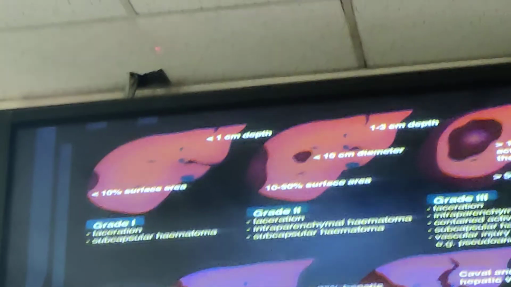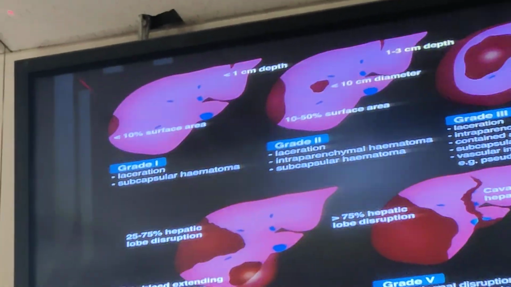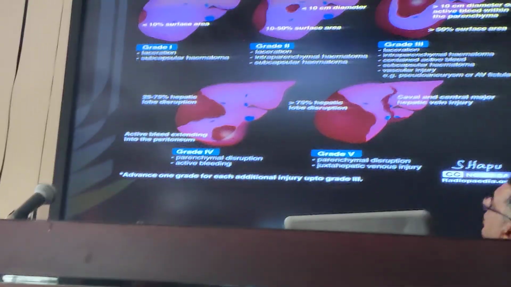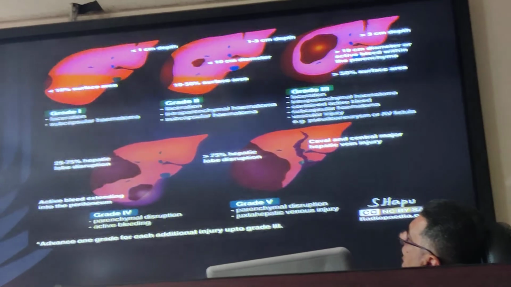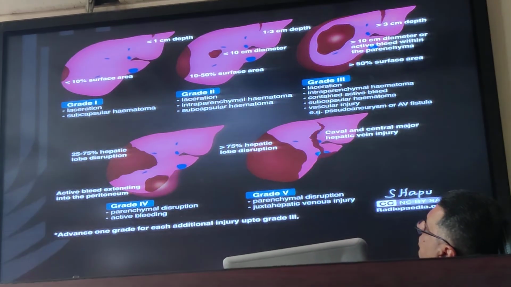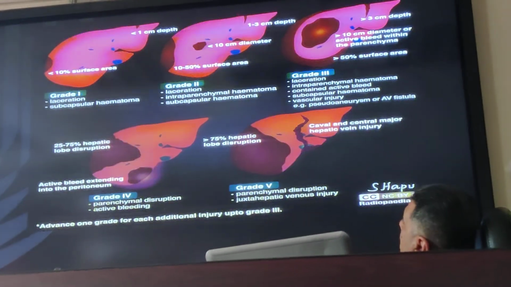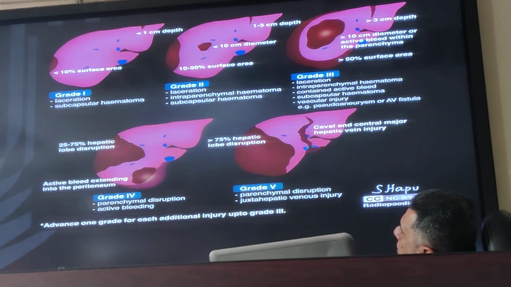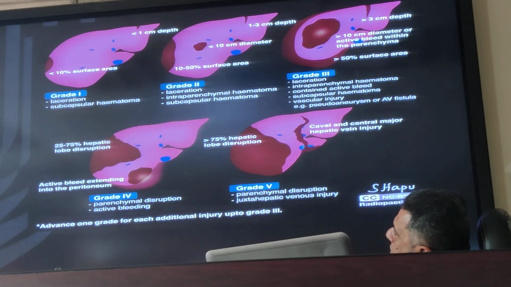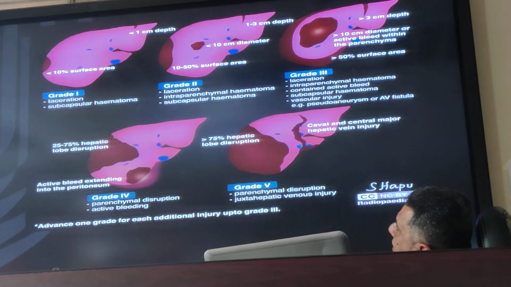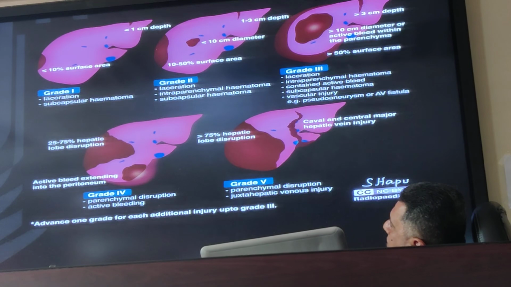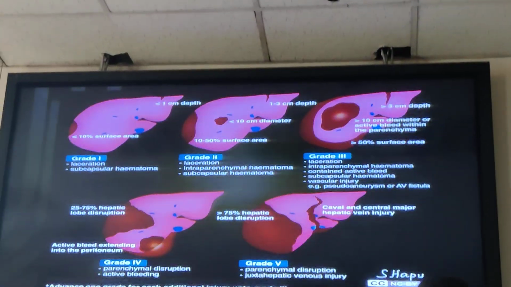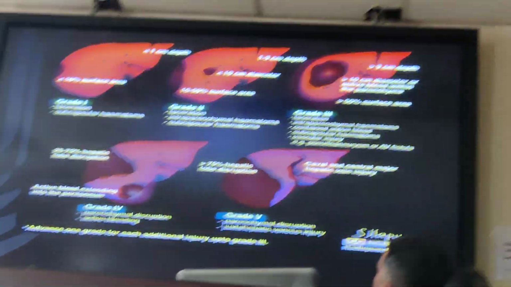Now by 1 centimeter liver laceration. Now subcapsular hematoma less than 10% of the surface area. نسميه grade 1. Grade 2 laceration يكون ما بين 1 إلى 3 سنتيمتر in depth. وعندنا subcapsular hematoma تقريبا 10 إلى 50% من السيرفيس area. لكن هنا عندنا intra parenchymal hematoma usually less than 10 centimeter in diameter. فشو نسميه هذا grade 2. The grade 3 اللازم